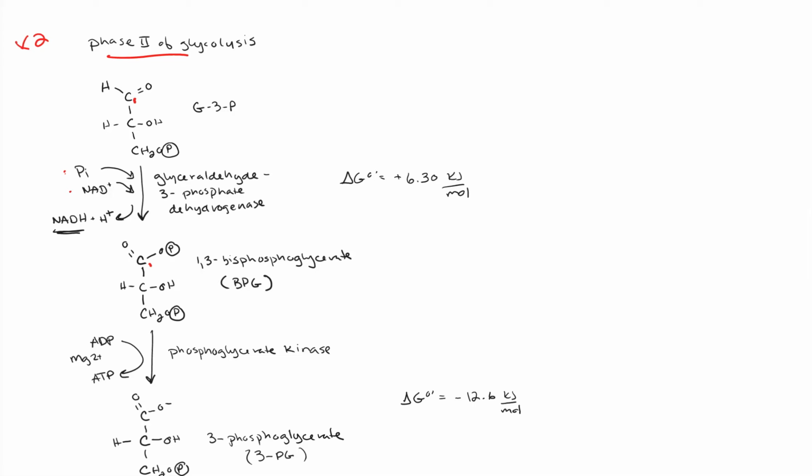So glyceraldehyde 3-phosphate will be acted on by the enzyme glyceraldehyde 3-phosphate dehydrogenase. It's going to take the NAD+ and the inorganic phosphate, and it's going to phosphorylate and oxidize to 1,3-bisphosphoglycerate, or BPG. This is going to put a second phosphate on the triose, and it's going to produce an